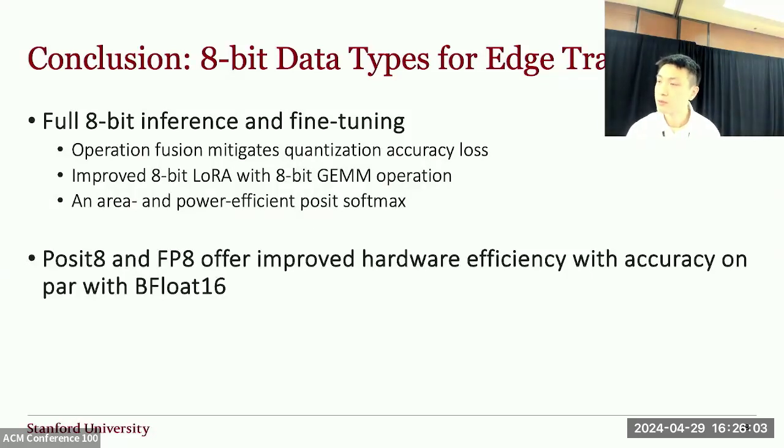I was just wondering, recently Microsoft has also introduced some scaled number formats, which they call microscale number formats. Do you have any insights as to how that would compare with FP8 and Posit8? Yeah, so right now they're doing microscaling mainly with even lower precision data types, like maybe 4-bit. However, I think they're mainly targeting inference as well. Since these data types don't have the range for training, in terms of inference only, microscaling might have some advantage over Posit8 and FP8. And we think that Posit8 and FP8 are mainly general purpose data types for conducting training and inference. Okay, thank you.